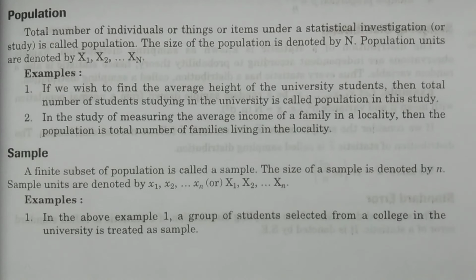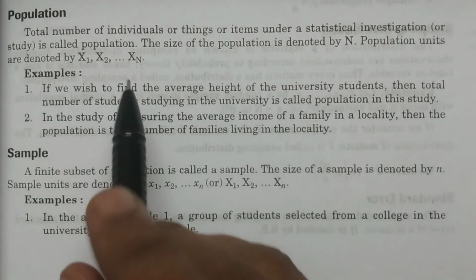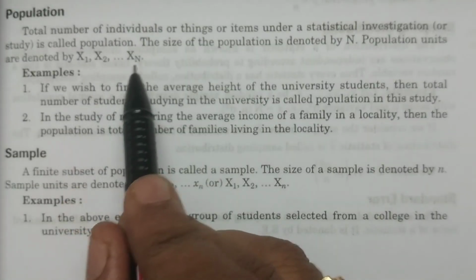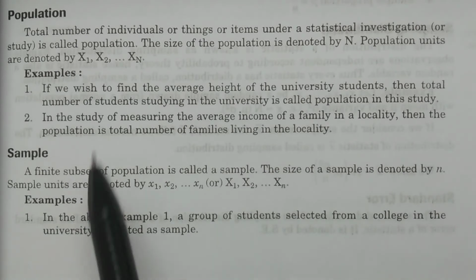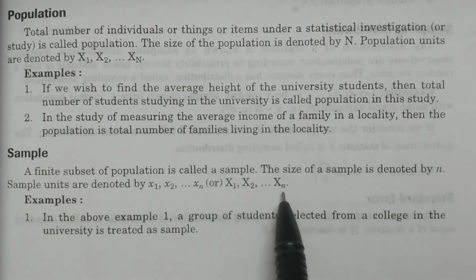That's very, very important, the notation part. Just understanding the concept is not enough. Why this notation? Why capital X1, capital X2, capital X small n? So all 100 units are nothing but one of the units of the population. Therefore, that is the reason why we have drawn 100 units.